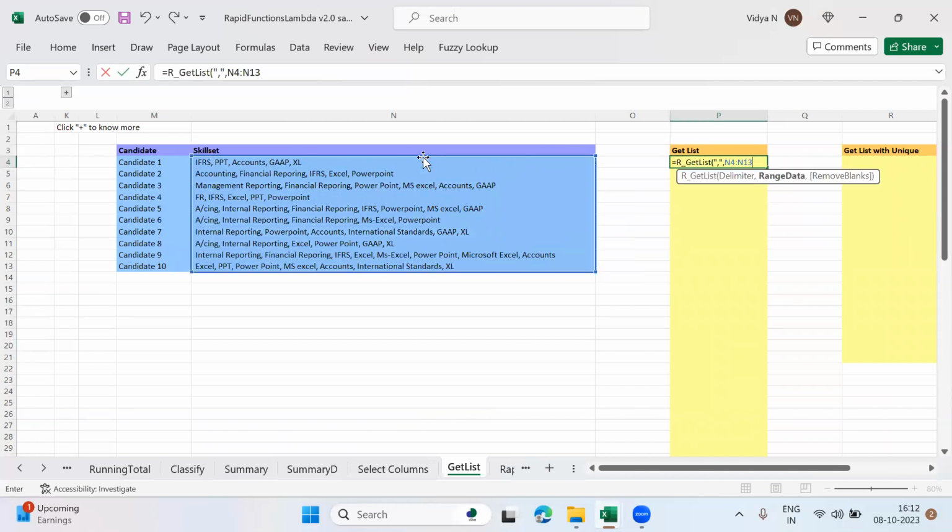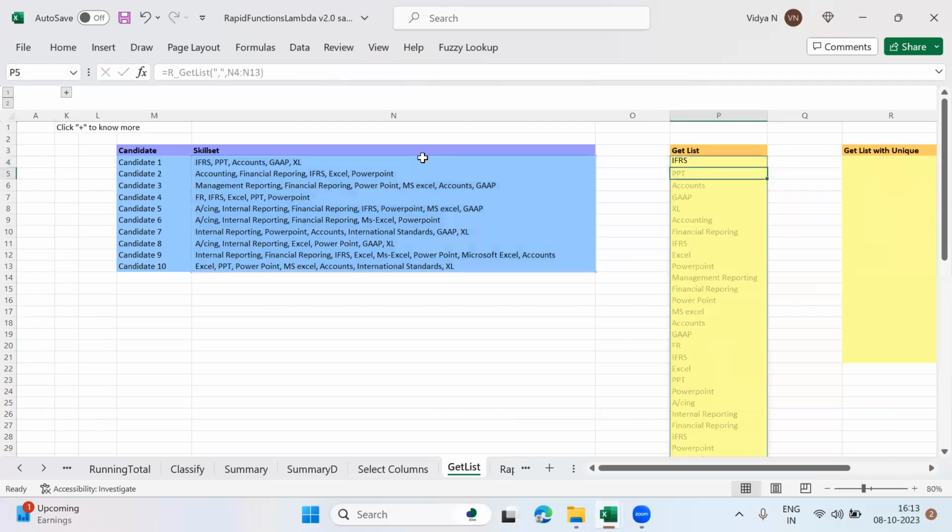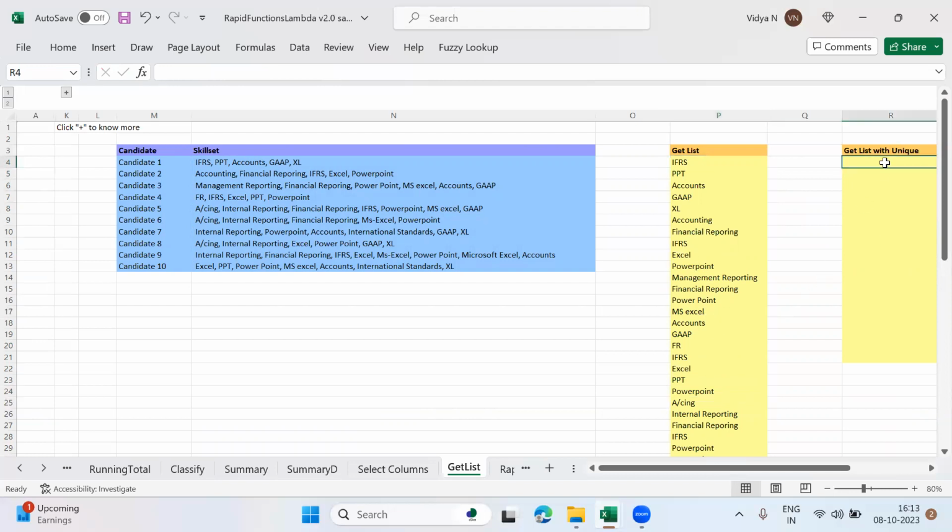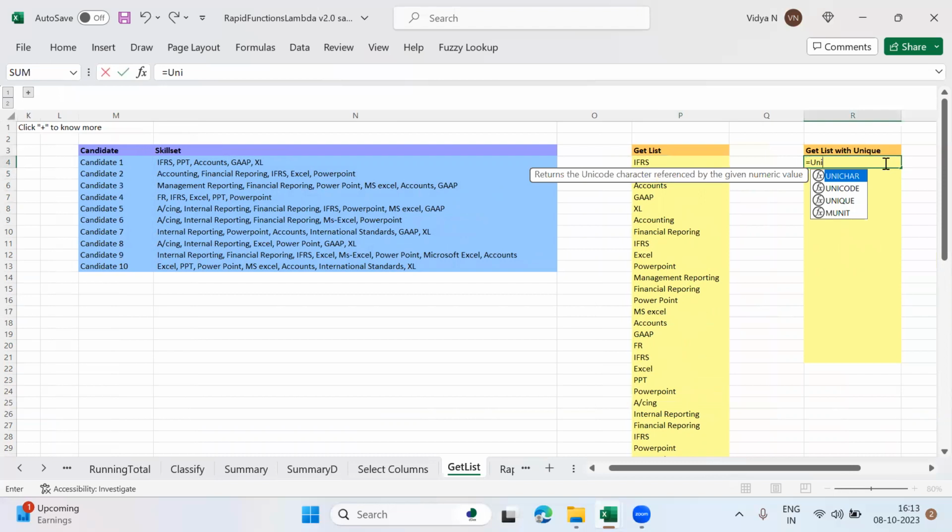And if there is any blank, I can remove blank. There is no blank, so I'm not using it. So this is the list. And you can see this list is not unique because you can see items coming up again and again, like PowerPoint. Somebody is using PowerPoint twice. Somebody is using accounting twice. So you can get a list, so just press unique,